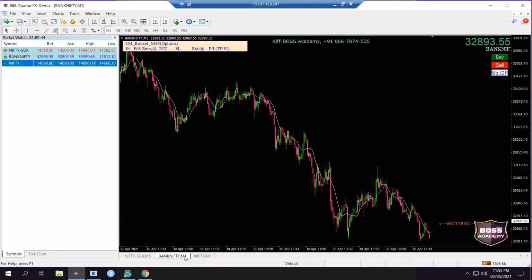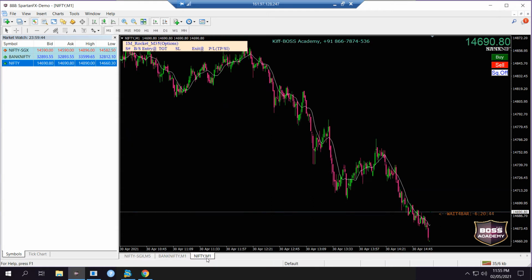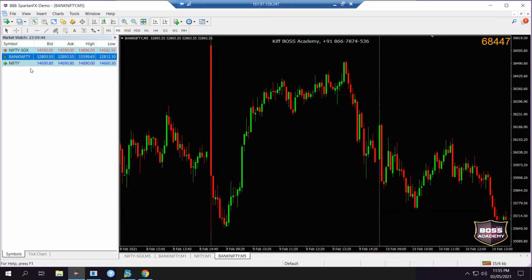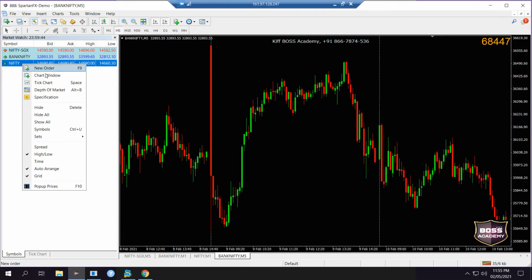I have plan A and plan B. Plan A is the M1 morning, the 1 minute chart. Plan B is the 5 minute chart at European market opening time. For that, we have to add one more Bank Nifty chart and one more Nifty chart.